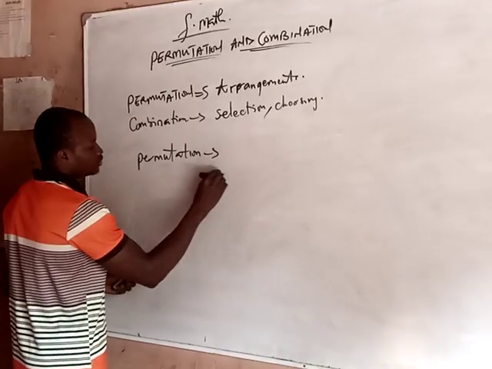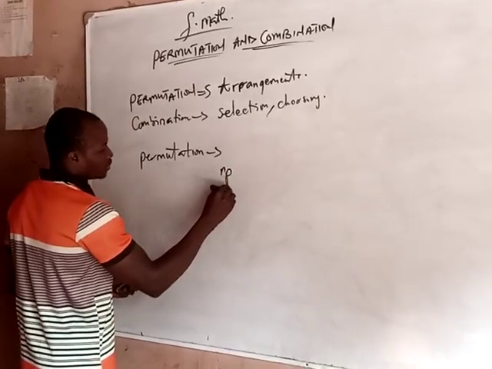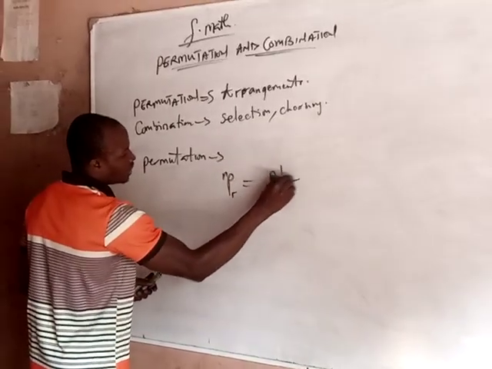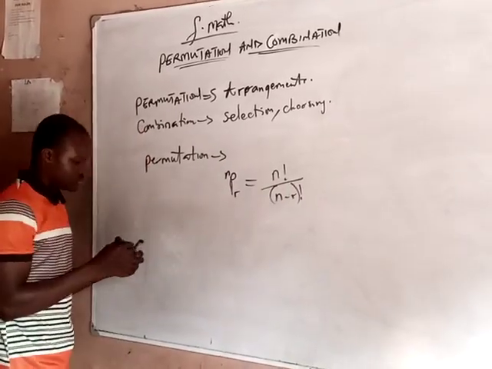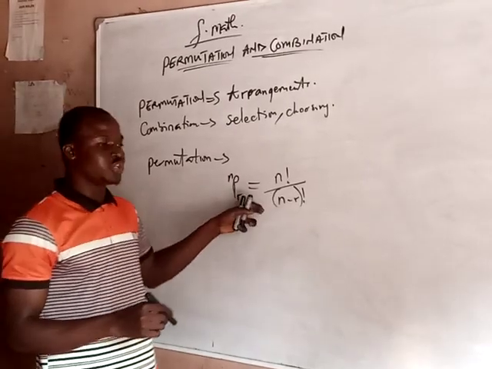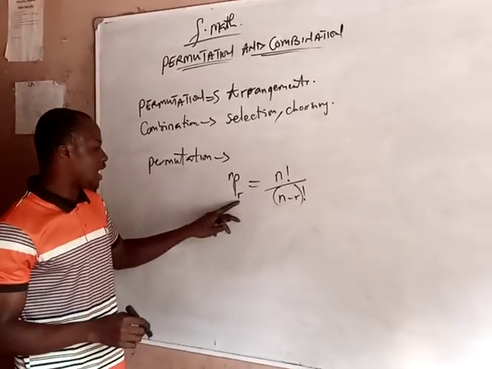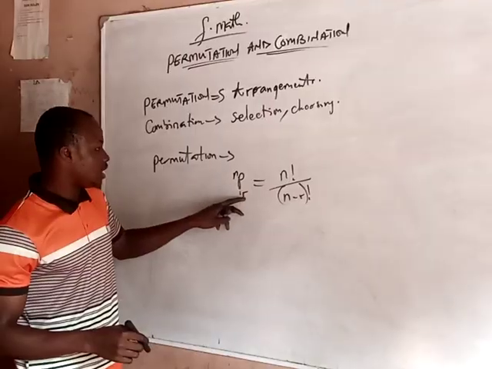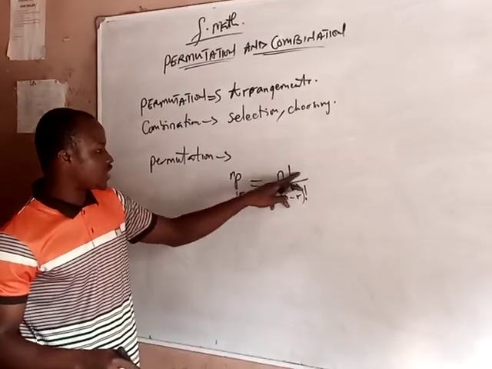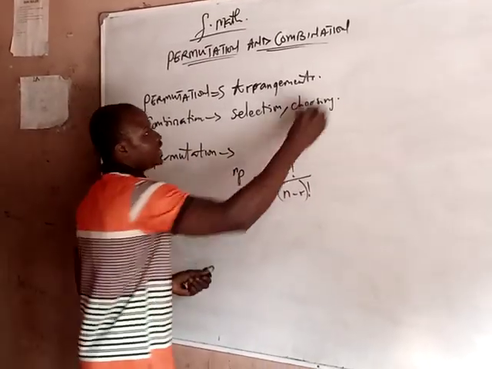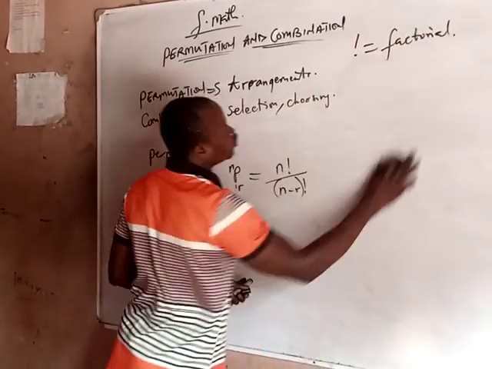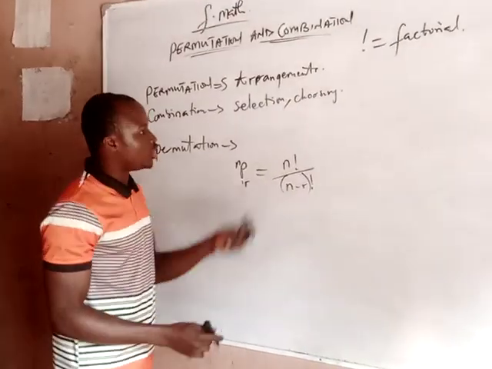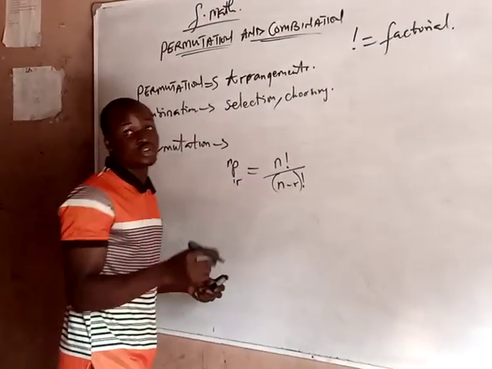So permutation is represented by this formula. This is the formula for permutation. nPr is equal to n factorial over... because this sign is called factorial. So this symbol is called factorial. And take note that